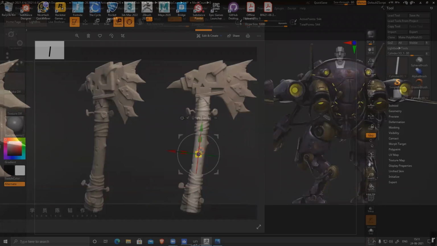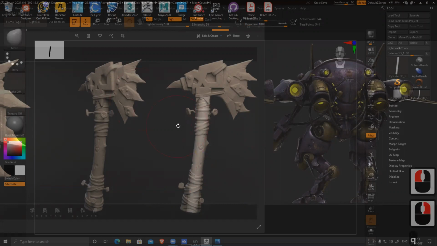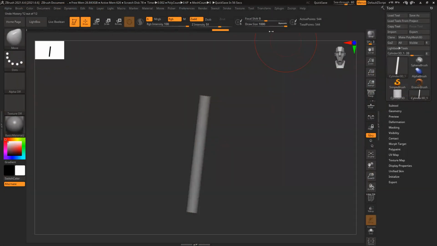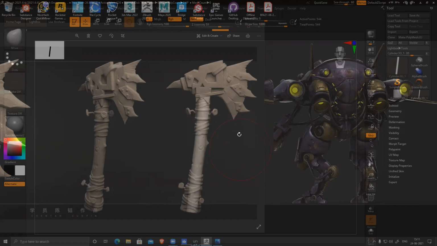So what I'll do is reduce the scale: Control and Alt together and right click to scale the model. Zoom in, basically. Now if I press Q again, you can see the size of the brush increased, because I reduced the size of the model. Brush size cannot go beyond 1000. Now I can simply reduce the brush slightly.